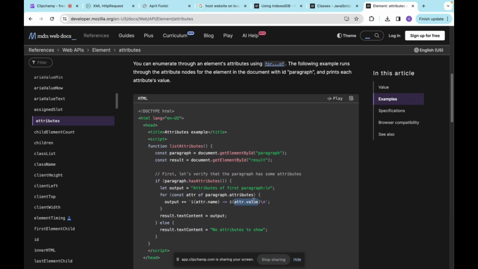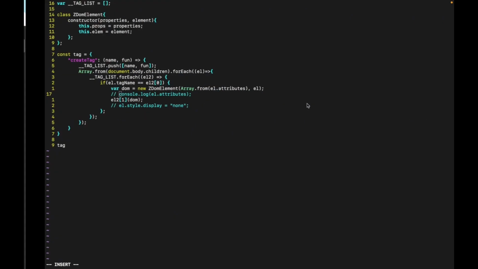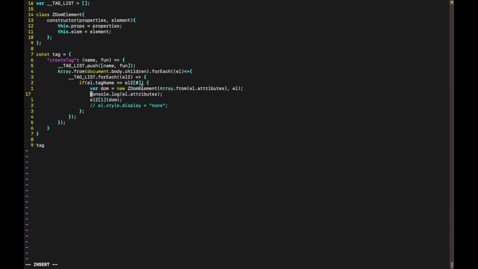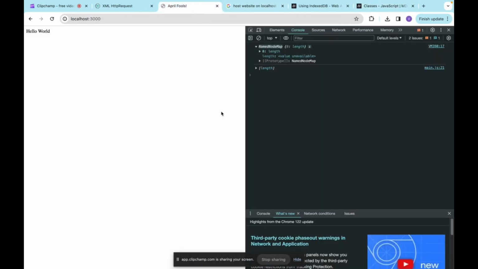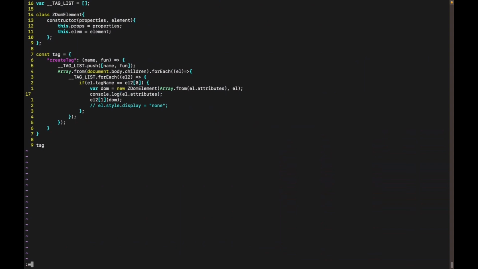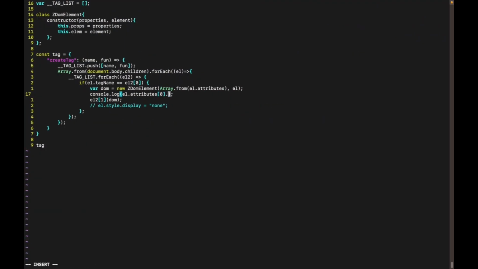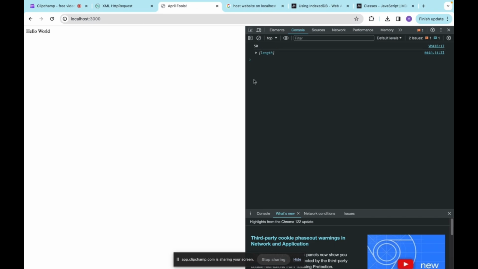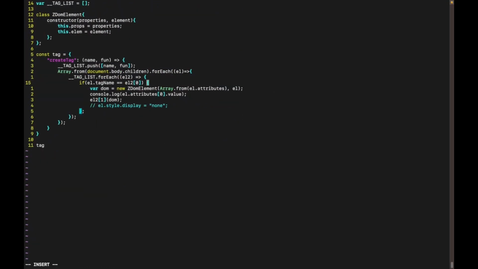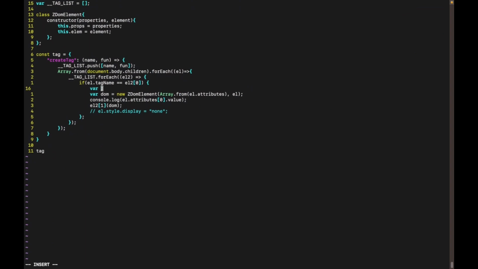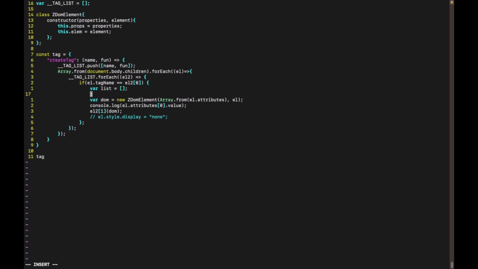It has an added value. Oh, so it actually has a zeroth element. I'm just gonna put that out. Let's see if we can do that. Yes, and it has a key and a value. So the value right over here. So I think we can't just use Array.from. We have to say var list is empty, and we'll say Array.from l.attributes.forEach,